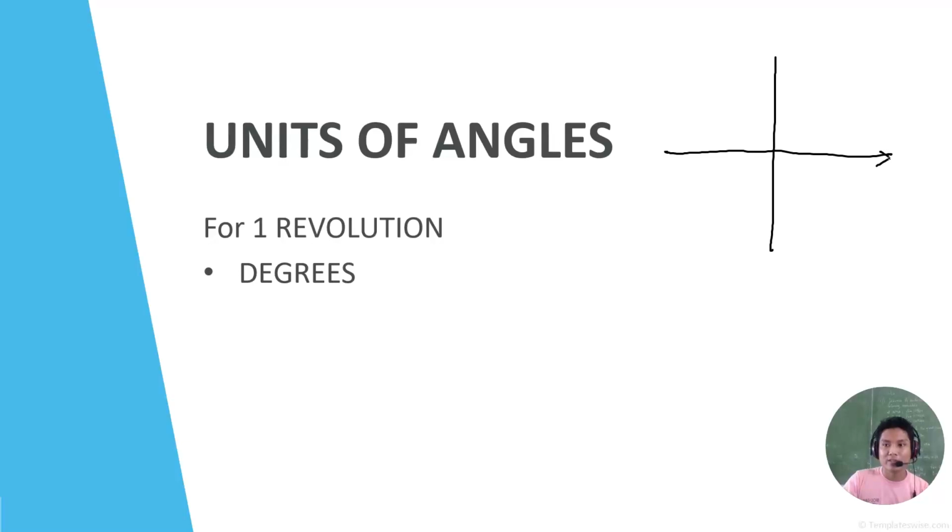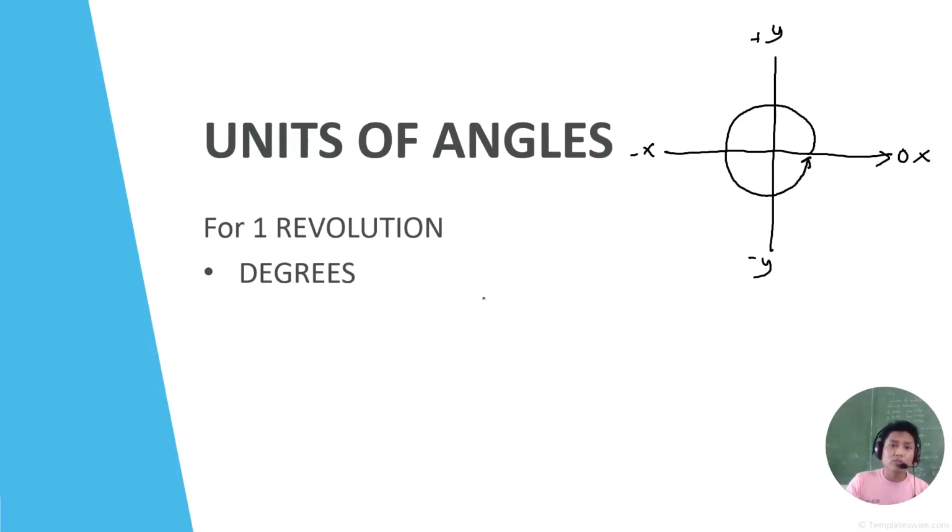But if we have a reference direction of 0 here at the positive x direction in the Cartesian plane, ito yung negative x, ito naman yung positive y, negative y direction. So if we have 1 revolution of angle from the origin, counterclockwise,